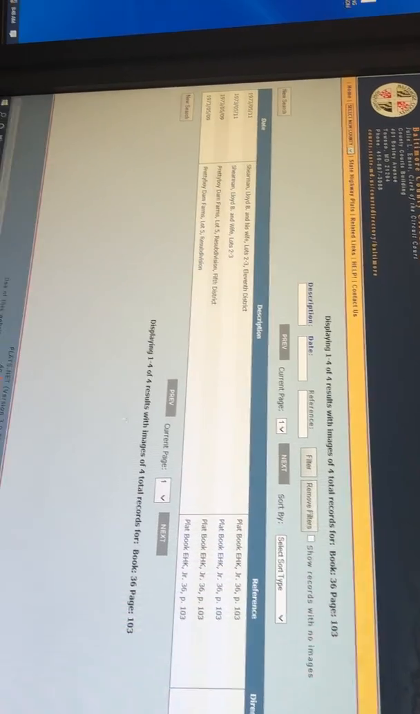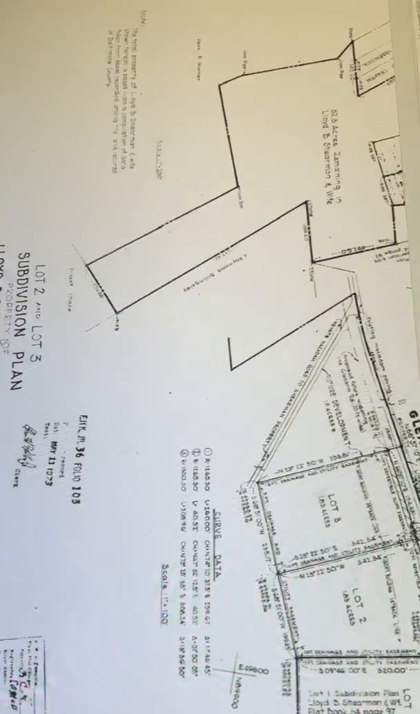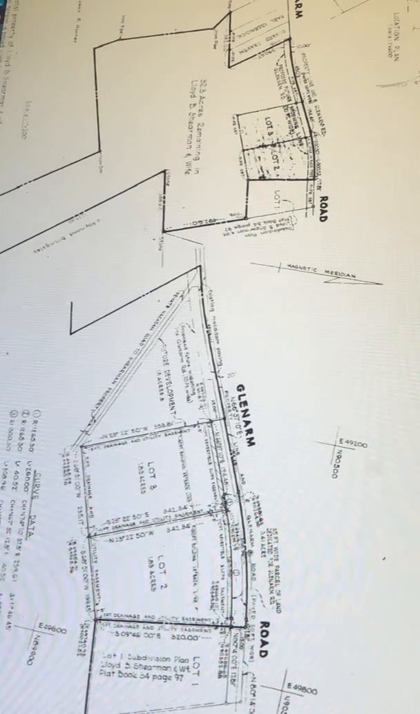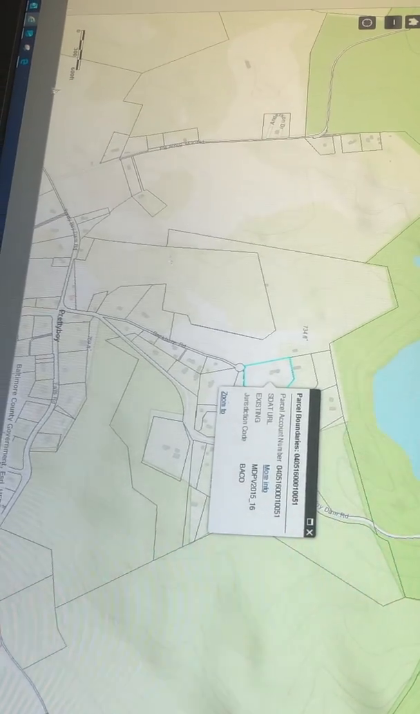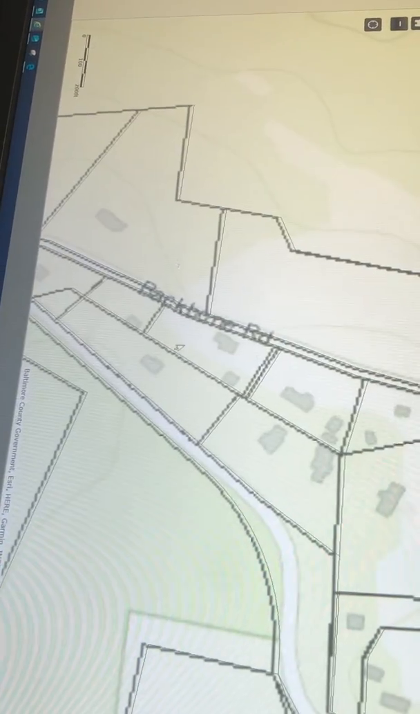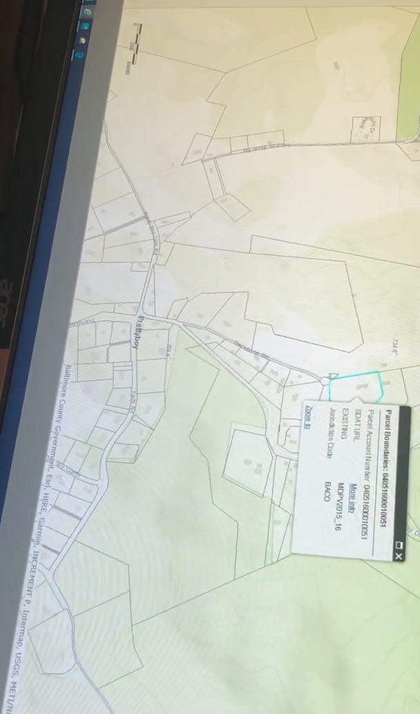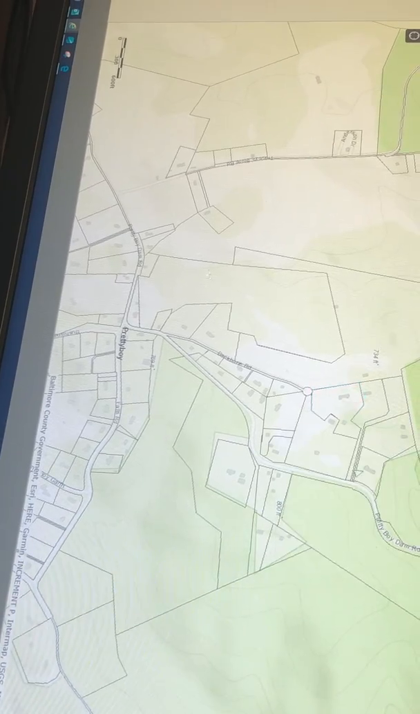This was done in '73, so it's not exactly what I'm looking for, but it's helpful. But that doesn't look right, does it? That wasn't Glenarm Road. What did I just do? That's across the street, isn't it? Where's Glenarm Road? That's not right. That's bad. So I think it's probably